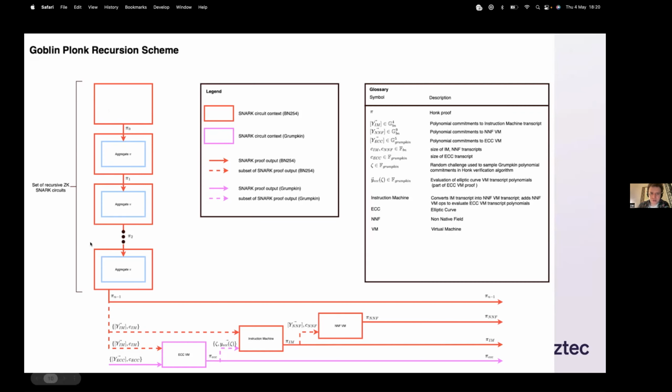Then once you've finished with your recursion, you have this final proof, and within that proof, you're going to have commitments to your transcript polynomials. And so you run this instruction machine circuit, which takes as an input the transcript polynomials,